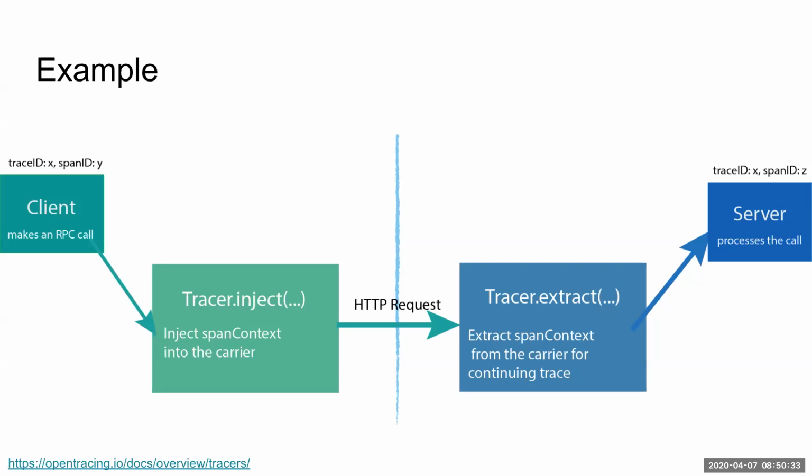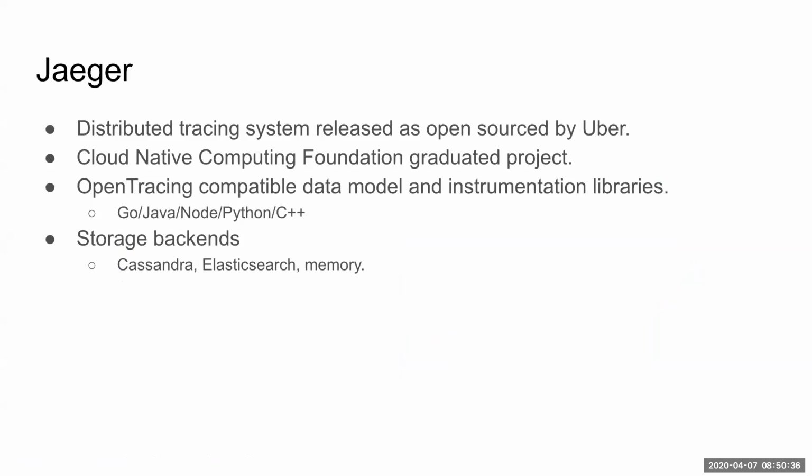Okay, thanks. Okay, so the next one I will talk about is Jaeger. Jaeger is a distributed tracing system released as open source by Uber. And it is an OpenTracing implementation solution. It implements the API specification, also with some powerful features like the GUI portal, and also supports different backend storage. Because sometimes you need to store the span and trace data, they support different storage like Cassandra, Elasticsearch, or in memory. And in my demo environment, I just use the in memory.